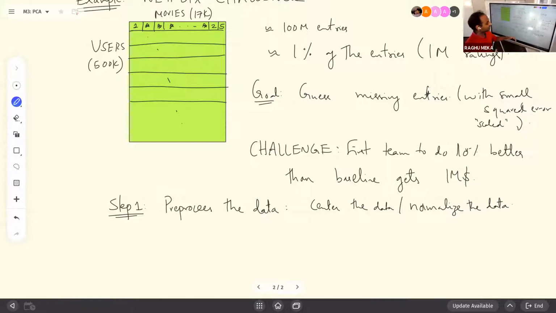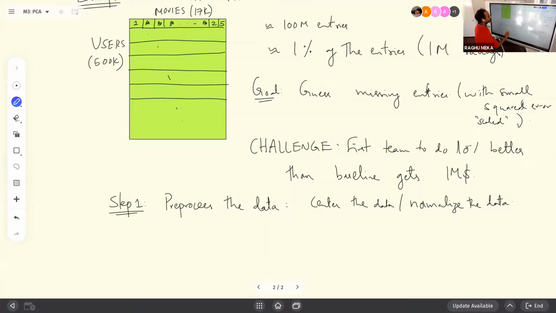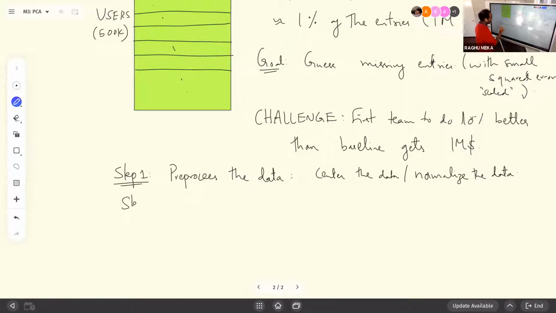And the flip side of that is when you centered the data, you made the mean 0, right? You moved the things around so that you basically subtracted the mean. So what would you do for guessing the missing entries? Right, so put 0 for the missing entries